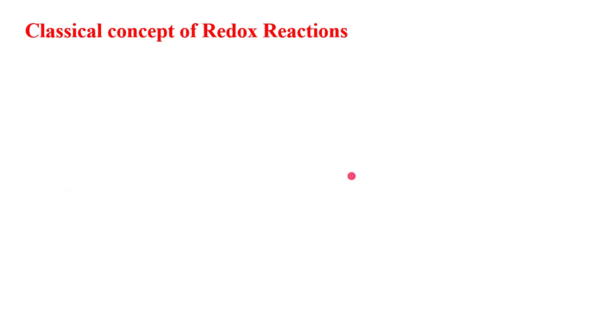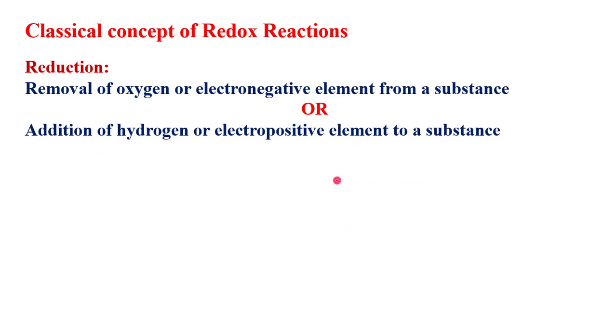Now, when you talk about the other part, reduction, what do you mean by reduction? So again, according to classical concept, removal of oxygen or electronegative element from a substance is called reduction, or adding of hydrogen or electropositive element to a substance, we call it as reduction. Okay, what is reduction? Removal of oxygen or electronegative element from a substance. Say for example,